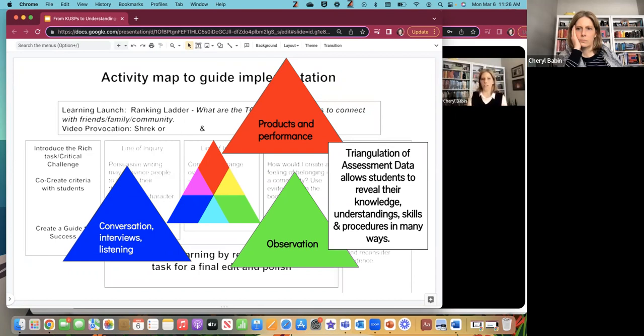You're using your observations, you're talking to students about their thoughts and their ideas, and you're capturing maybe some of their oral reading and their products and performances. Perhaps they have opportunities to get feedback from each other. And so when we design this activity map and we think about pulling all those lines of inquiry together, it's really that accountability for the outcomes, but also thinking as an assessor and thinking about the best ways to really reveal understanding, giving students lots of ways to show what they know and how they understand it.